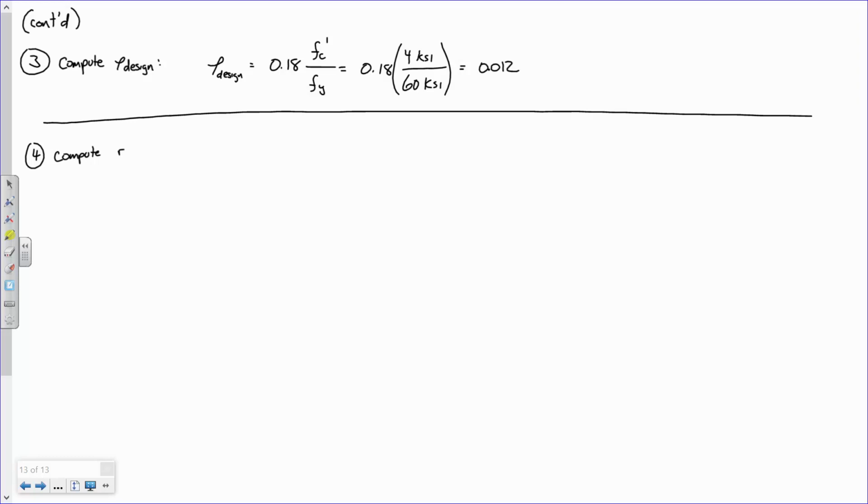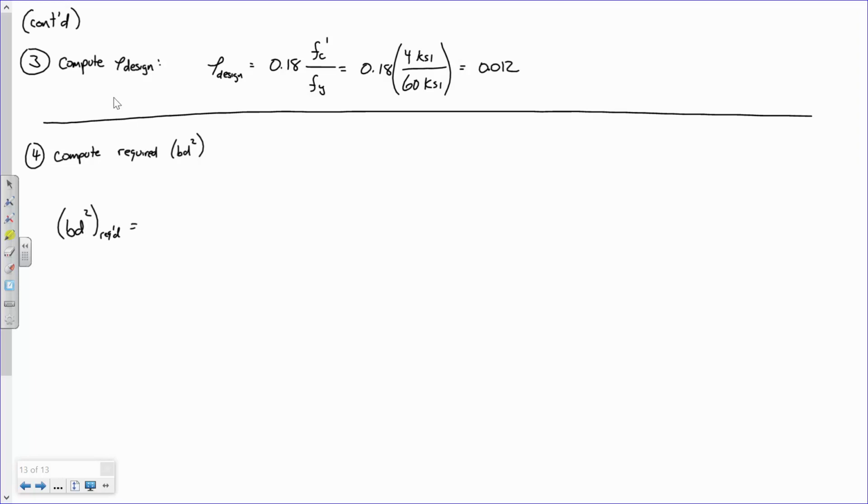bd squared. Compute required bd squared. Now, so what we're doing in this equation is based on the assumptions that we've made thus far. We're now going to compute essentially about how big this beam should be. So bd squared is sort of a measure of how big the beam ought to be. So bd squared, and I'll say bd squared required,